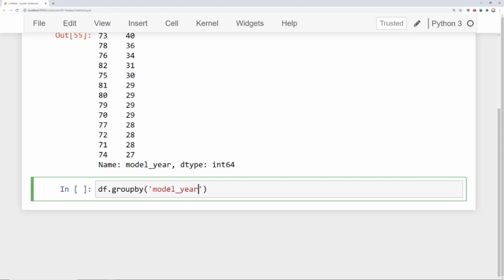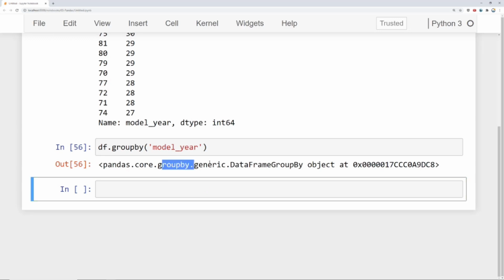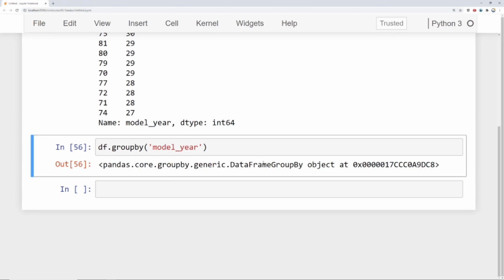Now, I did mention that group by objects are lazy, and that means that if I just run group by model year, I get back this group by object. And what this means when I use the term lazy is Pandas hasn't actually done any work yet because it's still waiting on performing the calculations from the aggregate call. So it's still waiting for you to say, do you want the sum per category, the mean per category, etc. So what I can do here is say .mean, and keep in mind there's a list of all the aggregate method calls in the Jupyter Notebook as well